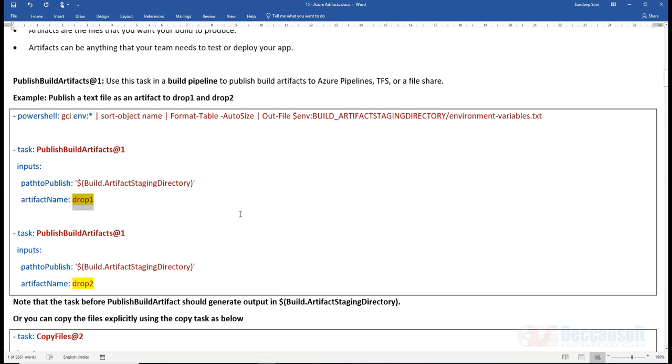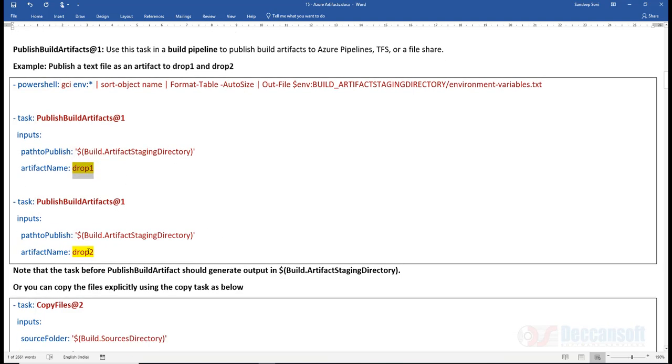So when we want to download this into another pipeline, we will call drop1 as the artifact which we want to download. Same thing with build publish artifact. Here I am giving a different name, default is drop. So I am creating a different folder. So one I can publish as drop1 and another I can publish as drop2. Possible. A single pipeline is producing multiple artifacts.